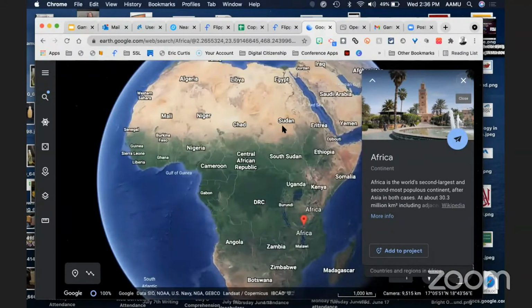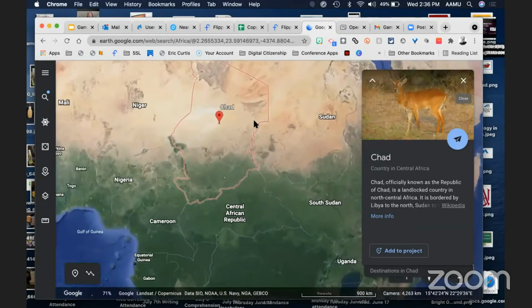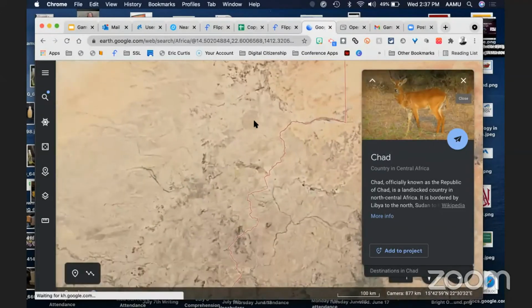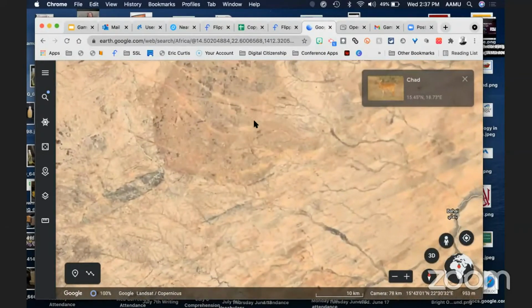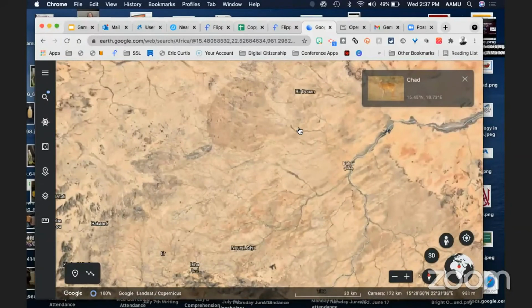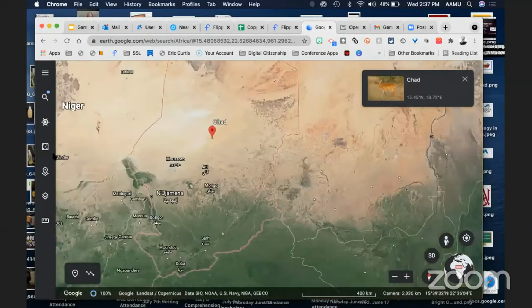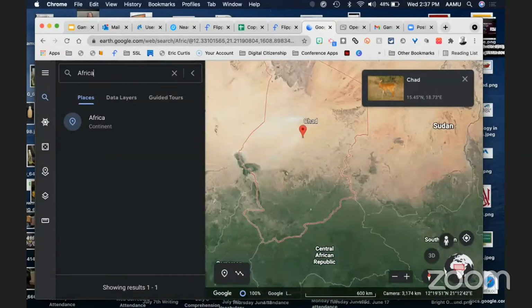So now I can take this a step further. Let's say I want to go to Chad. It gives me some images and graphics here, and I can zoom in if I want to and see some of the things that are there. I have to really get in there. You see how close it's letting me get to these things. Let me back up. I should have chosen a location. Let me go to a more familiar location that has things that stand out.